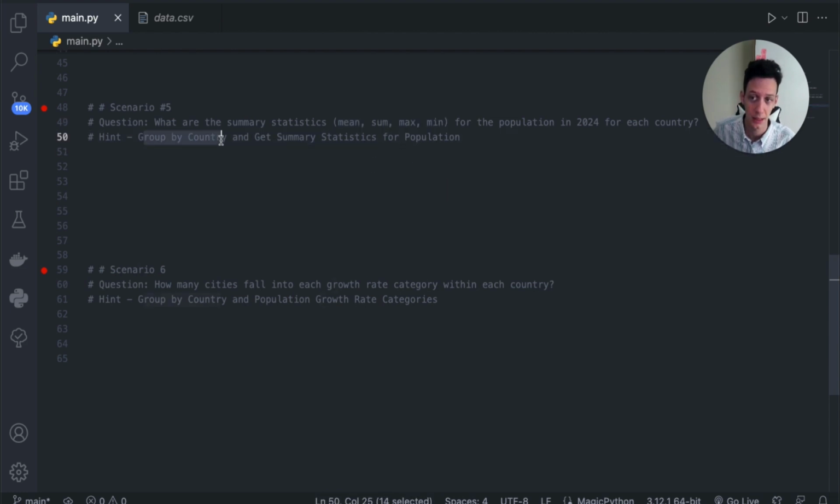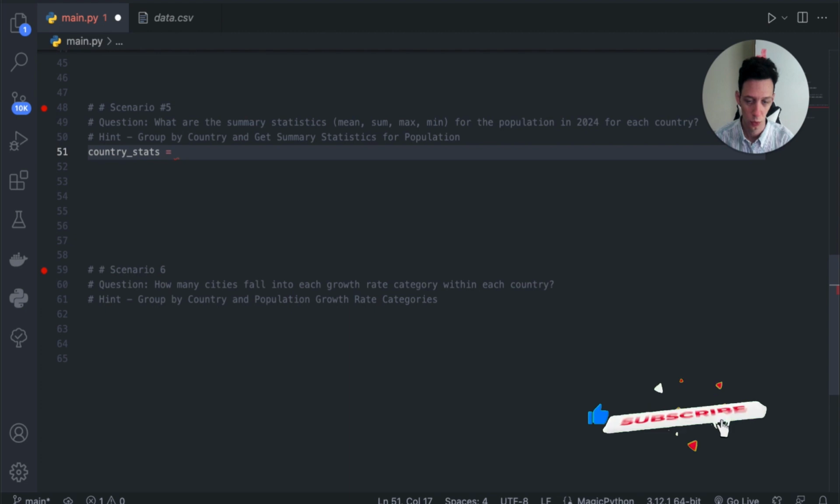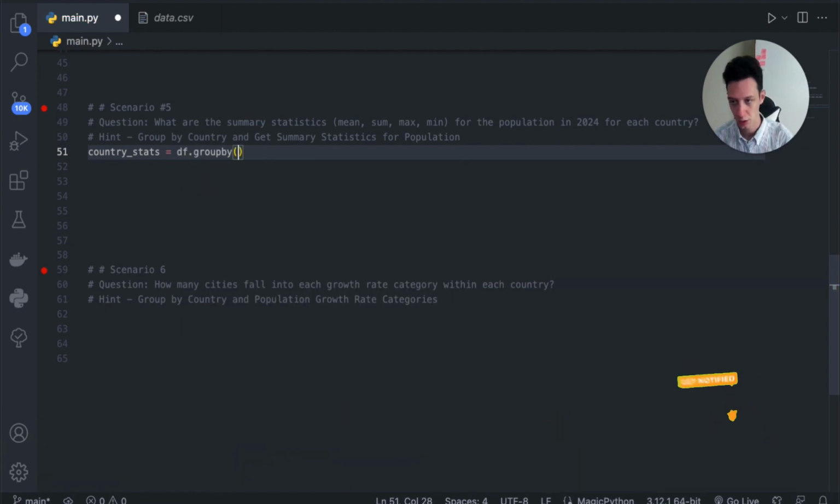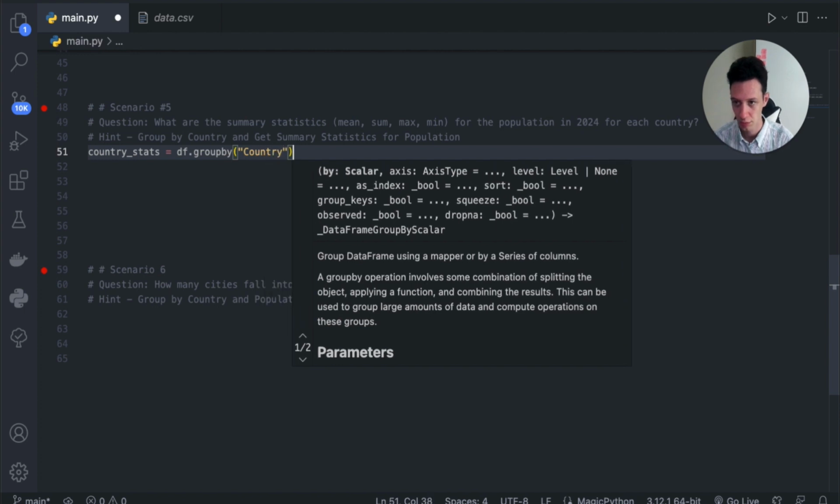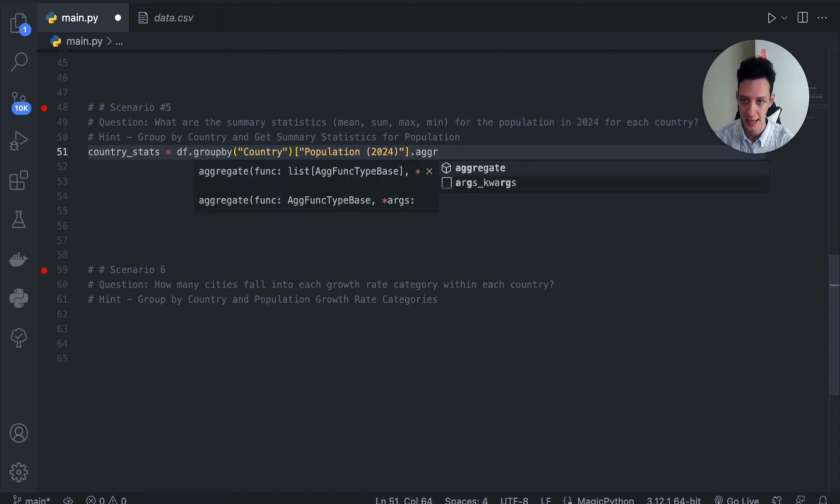All right, I'm going to group by country and then get the aggregation for it. So I'm going to create here country stats. And what I can do is I can take our data frame. We are going to group by. What do we want to group by? The country. Okay. What is the filter? Well, our population. And we're going to do the 2024 population again. Now I can apply aggregate to this, right? So I could say ag. Okay. I'm going to say aggregate